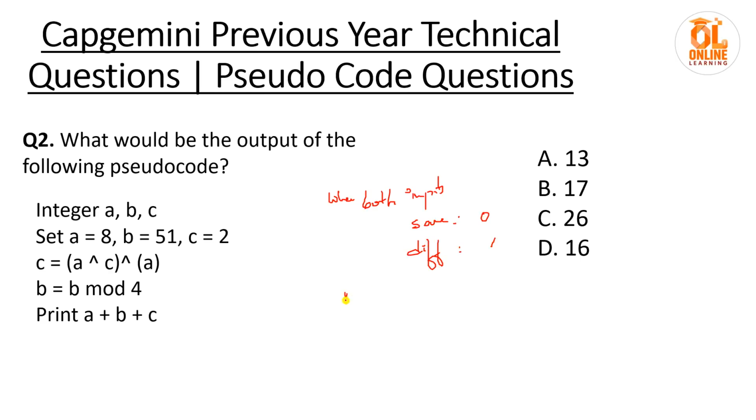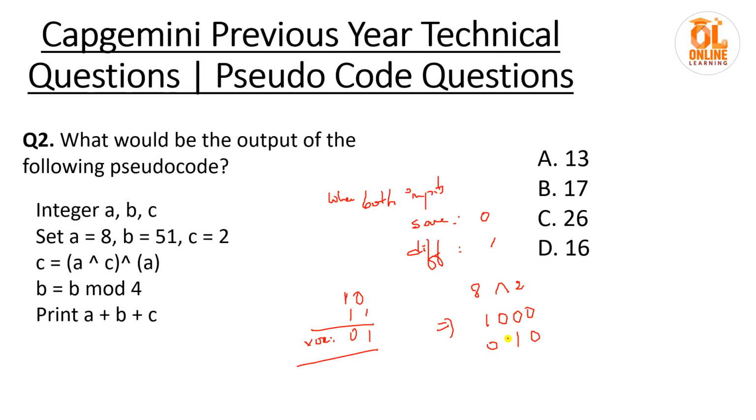Example, if you have 1 0 and 1 1, then if you do XOR for this, 1 and 1, as both are same, the result will be 0, and here both are different, so the result is 1. So this way we need to solve. And the first is A XOR C. A XOR C means 8 XOR C. C is 2. 8 XOR 2. So this is the binary representation for 8, and for 2